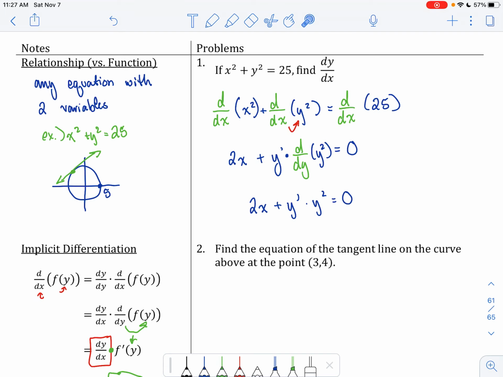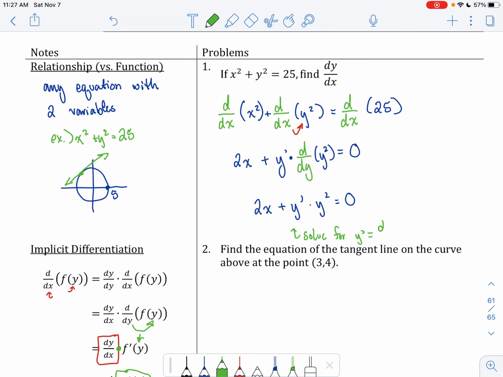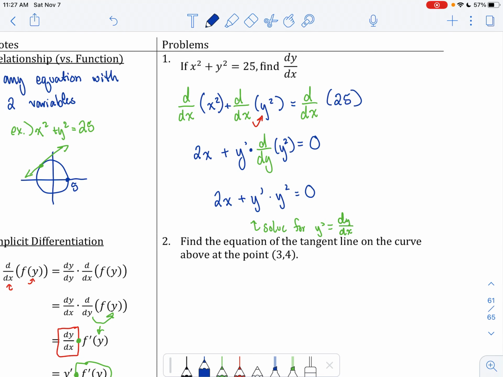And since we want to find dy/dx, that just means that we need to solve for y prime, because that's equal to dy/dx. Here we can just use some algebra. I'm going to bring it over here. So 2x plus y prime times 2y. Oh my goodness, where is my brain today? The derivative of y squared isn't y squared, it's